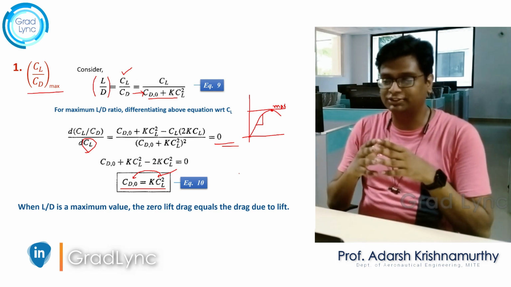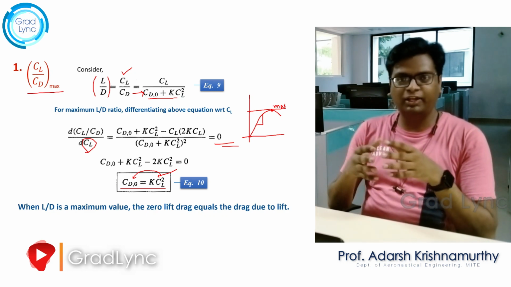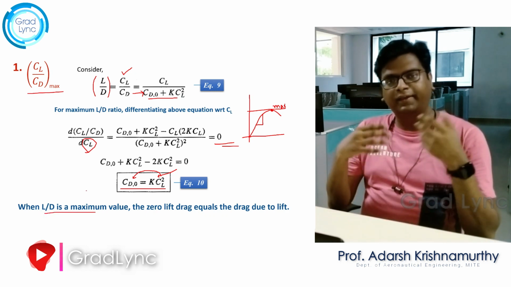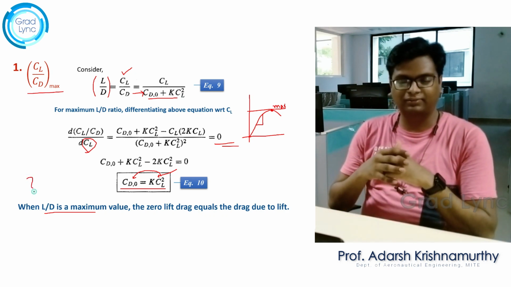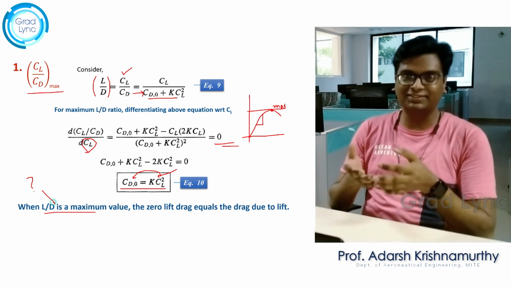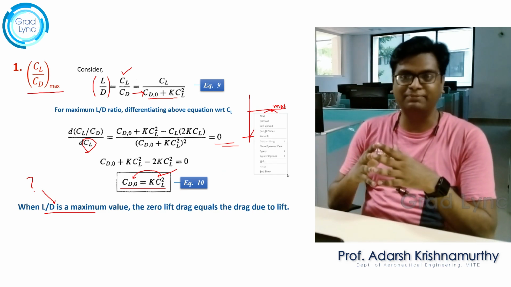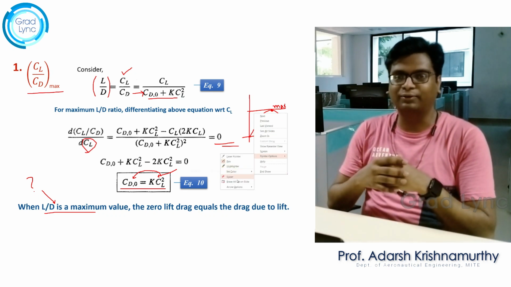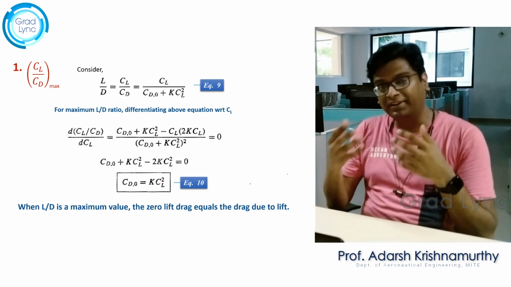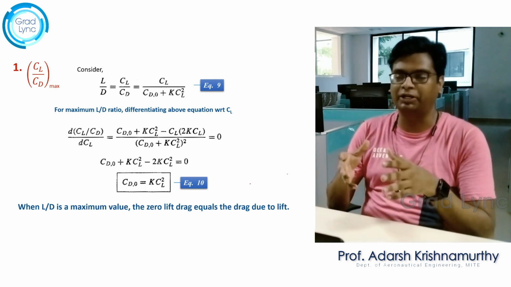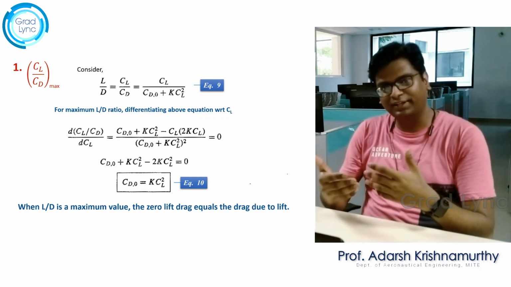Now it's a very interesting concept because in most of the interviews, this is a very common question. Can you explain what you mean by CL by CD max? Right? What is the physical significance of CL by CD max? Or how you are going to achieve CL by CD max? Right? Very interesting question. And most of the candidates do fail to represent the physical significance of this particular ratio. Right? So please understand the physical significance of this ratio.